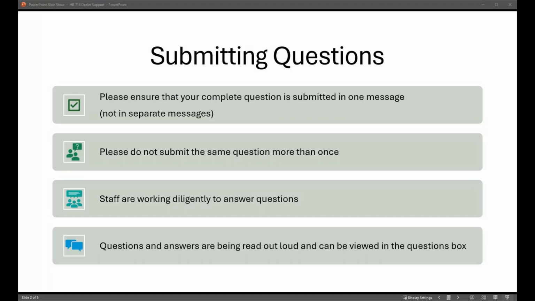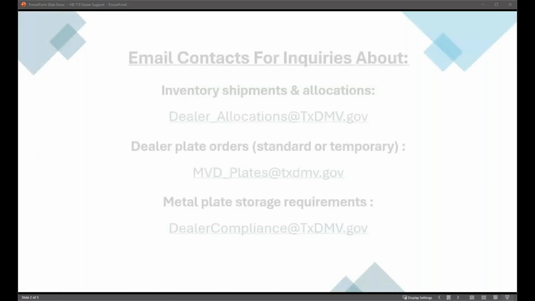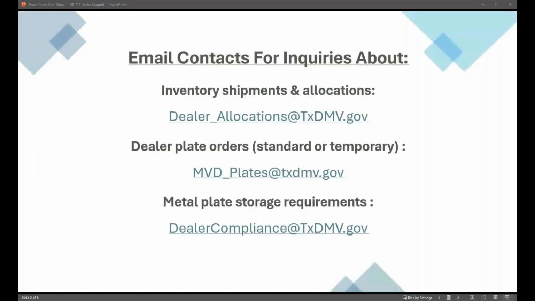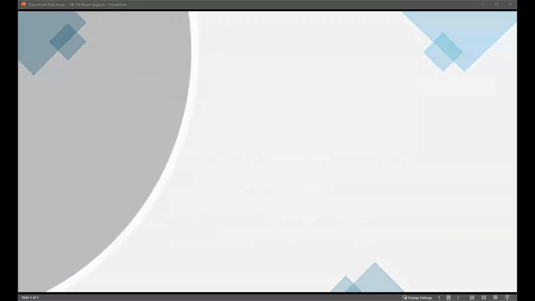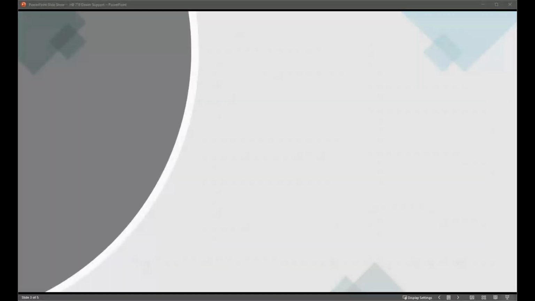However, you can take in a vehicle, and once you do the VTN in the system, that plate will automatically go into your inventory, and that same plate can be reassigned to any vehicle sold within 10 days, as long as it is the same classification.